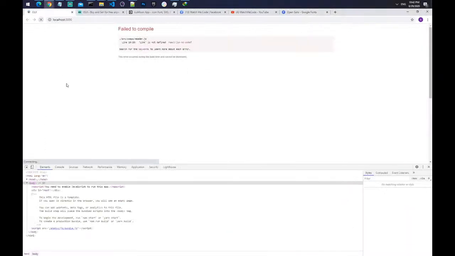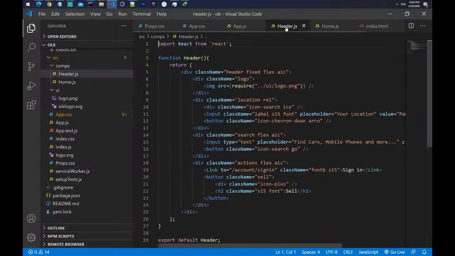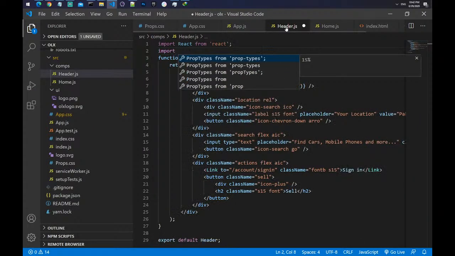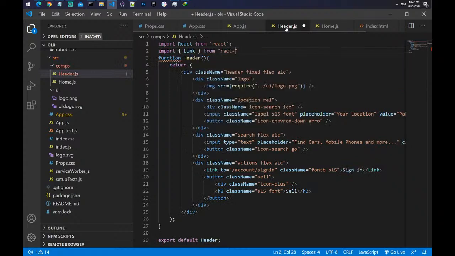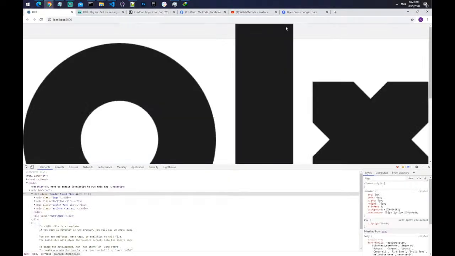So let's save and go inside our app and just reload. It says link is not defined. Of course link is not defined. We need to import link from React router DOM, and save. Here we go. Now we have all these divs inside our header,